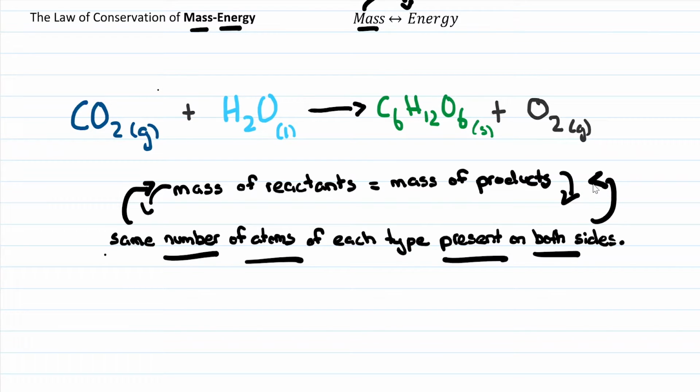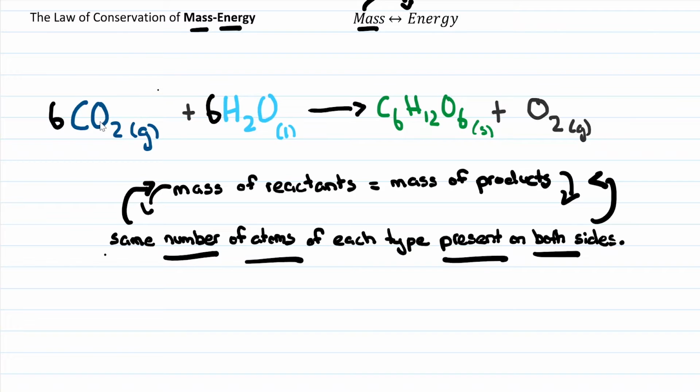All right, and this is why you need to look at coefficients and balanced equations. So let's balance this equation very quickly. On this side here, we see 6 carbon atoms, and according to the law of conservation of mass, we need the same amount of carbon atoms on this side of the equation. So I'm going to draw a 6 coefficient here. And this side over here, we see 12 hydrogen atoms, and according to the law of conservation, we need 12 on both sides. 6. And then now, on this side, we have 6 times 2, 12, plus 6 times 1,